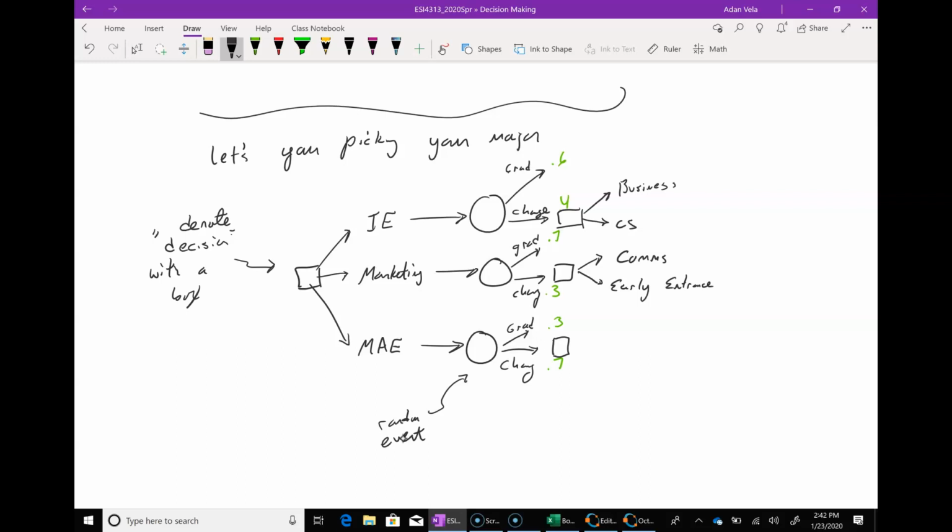Okay, so MAE, they decide to change. I know we get some IEs. What else might they change to? Business. Okay, everybody likes business, right? Probably the smarter decision in the end, although the classes I'm not a big fan of. Okay, so we've made a decision, IE. Okay, so now that we've made all these decisions,